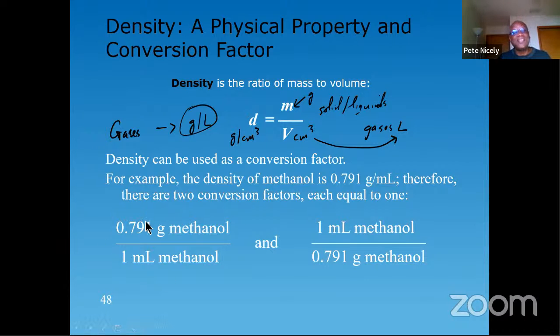You would use this one if you're given a volume and you're trying to find a mass of the substance. You would use this one if you're given a mass and you're trying to find